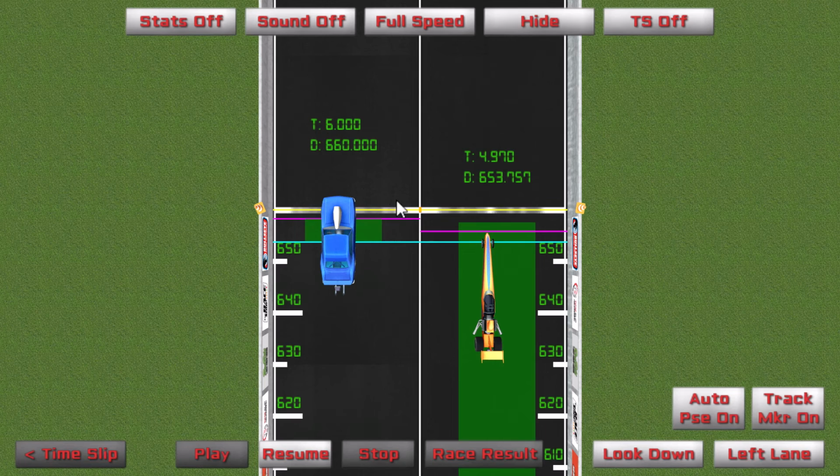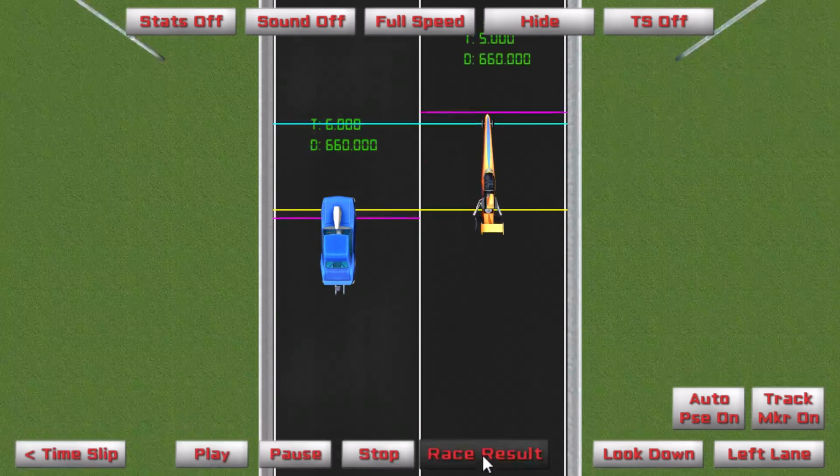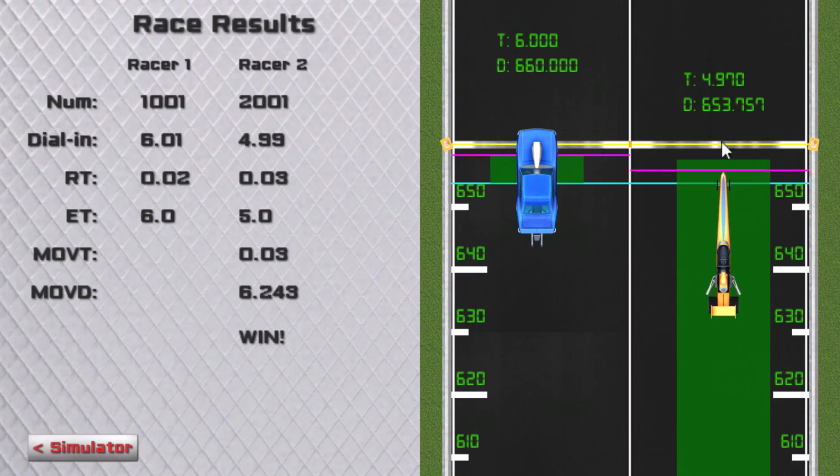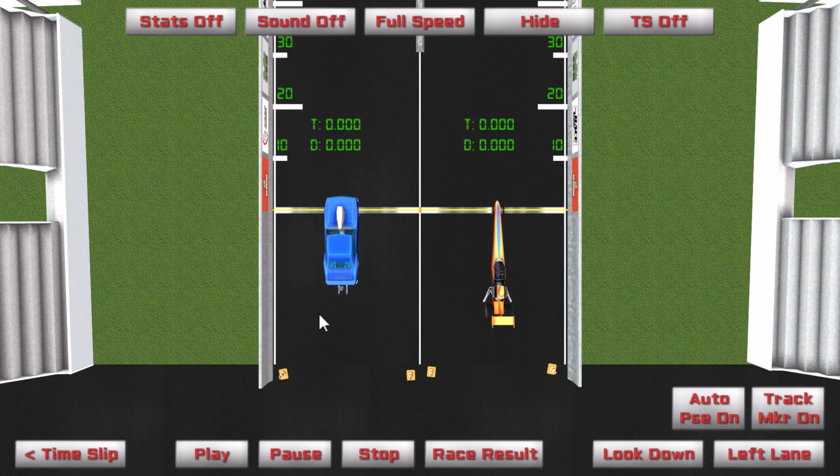And this is very similar now, or exactly the same as if we go to the race result. Finished exactly on the finish line. So that's a significant update with the precision of the finish line for the simulation. And I think that wraps it up for version